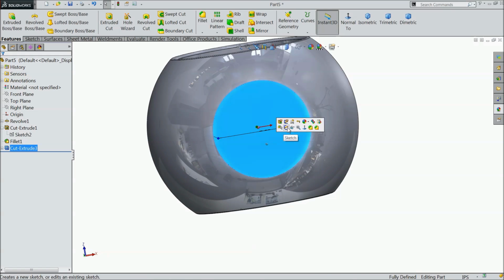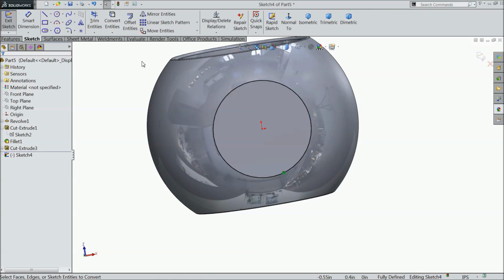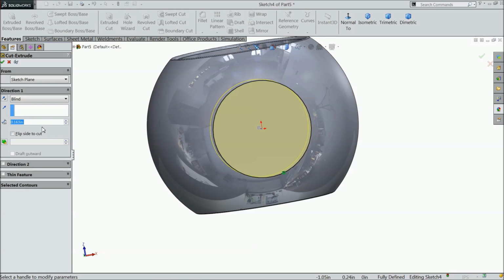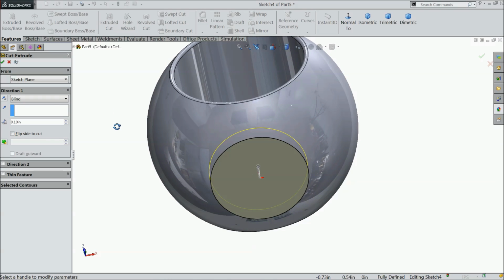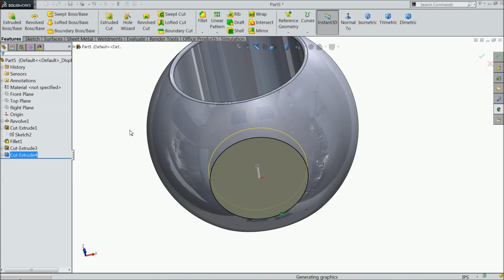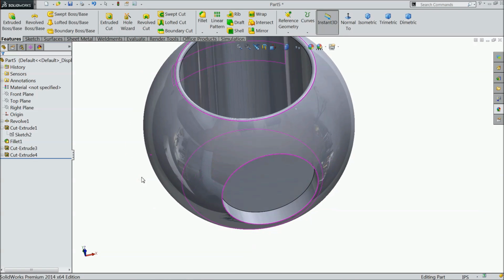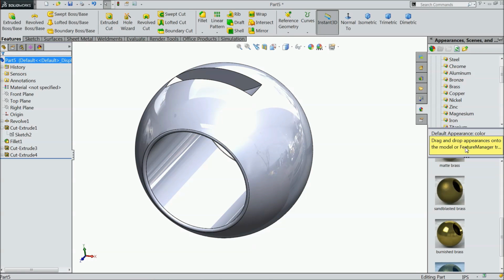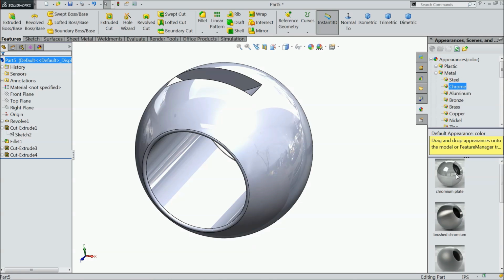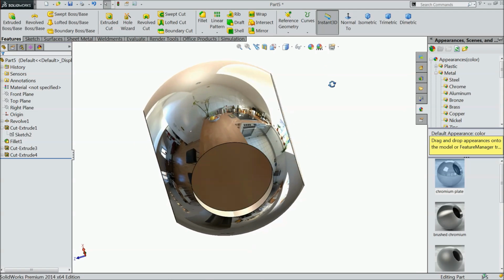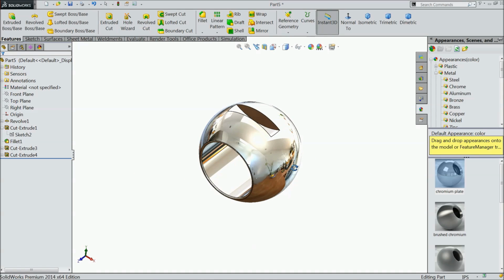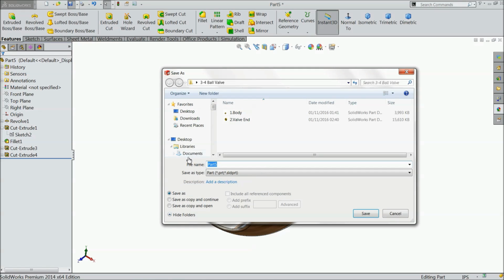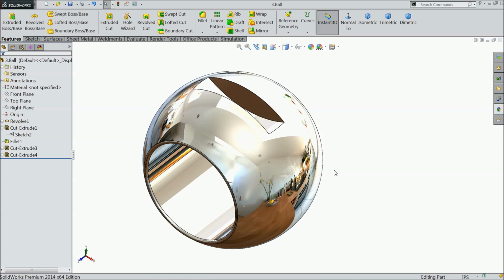Now select this face, sketch, click here convert entity. Now this circle is converted. Now again go to feature and select extruded cut, and we want a depth up to 0.1 inch, okay. Now see the hole is created. Let's define the material, select the parts, chrome, chrome plating. See, this is the chrome plate, this is the inside ball of the ball valve, 3/4 inch. Let's save this part number 3, ball, save. Let's do another